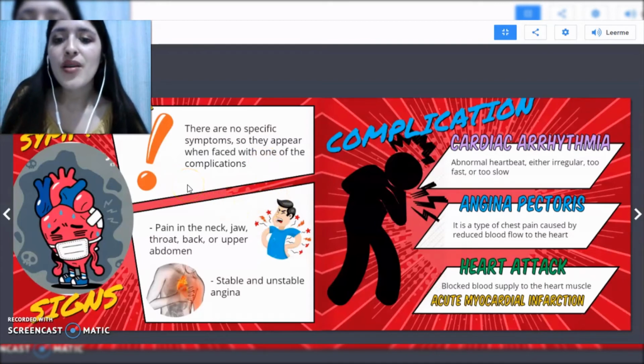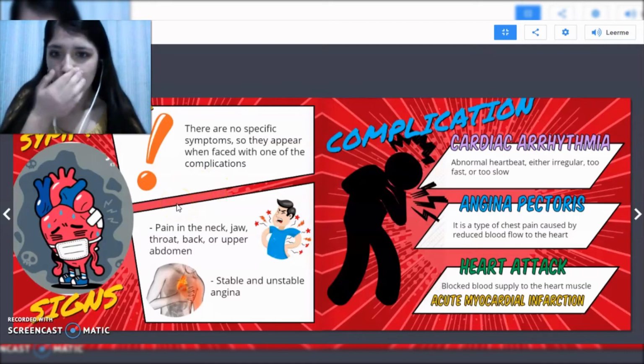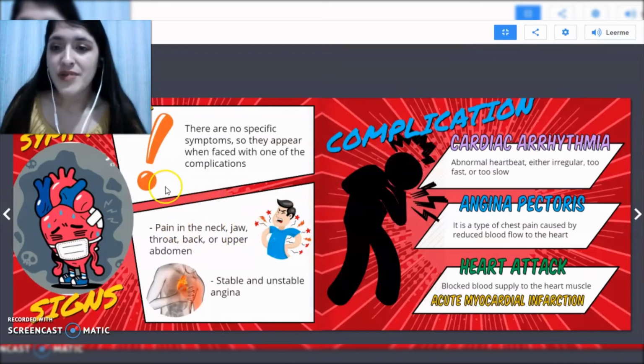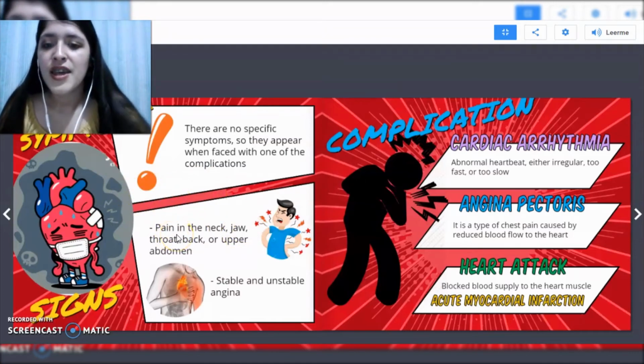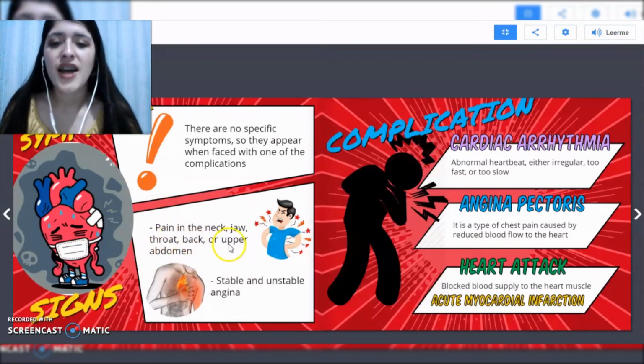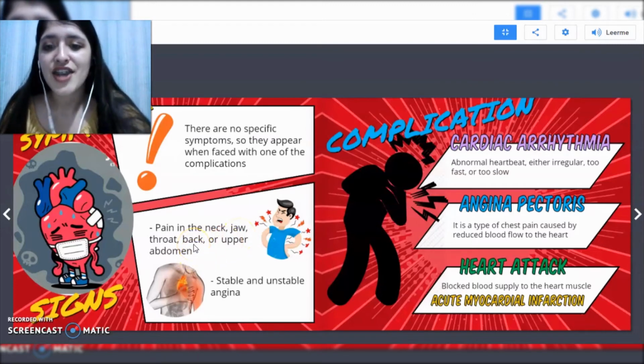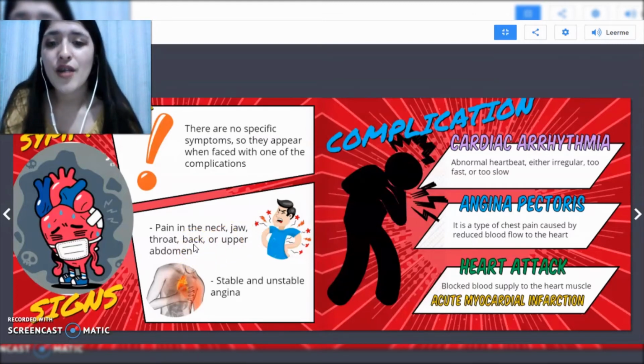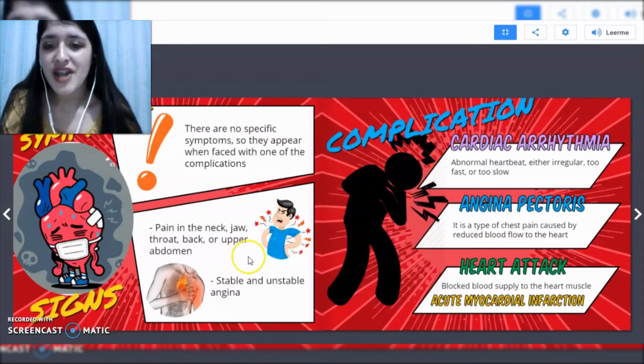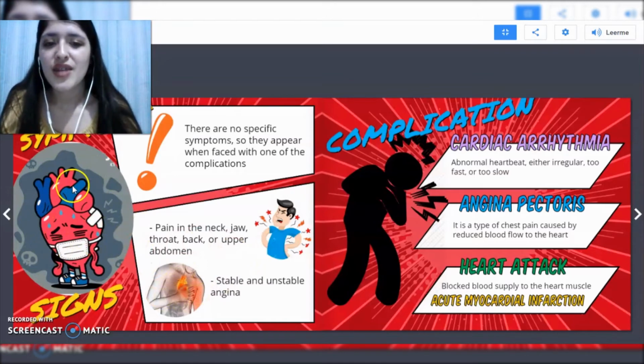Most people who have allowed the disease to progress will experience two types of symptoms. The first includes pain in the neck, jaw, throat, back, or upper abdomen. The second is angina, a kind of oppressive pain in the chest that can be felt at any time, in which case it is unstable angina,